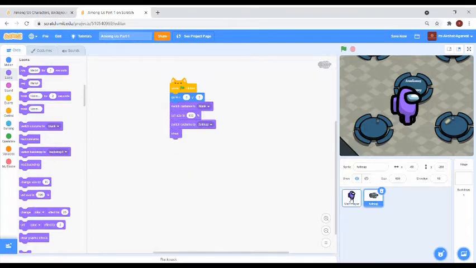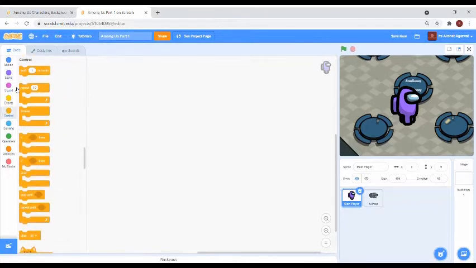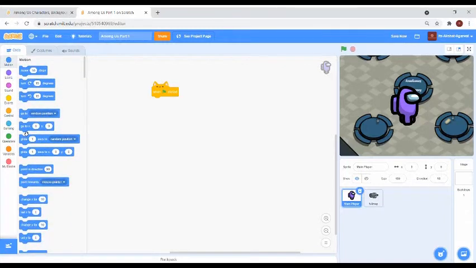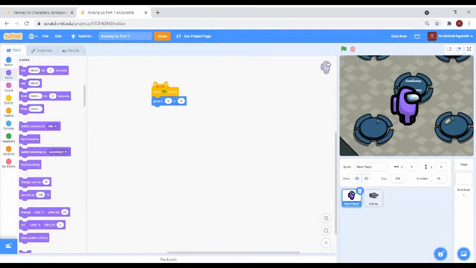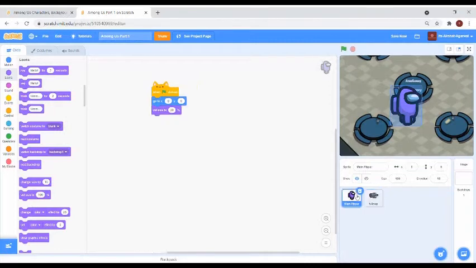Next, in our main character, we are going to use when flag clicked, and we are going to place it in the center, and we are going to set the size to 30%. 30% for the main character and 600% for the full map.